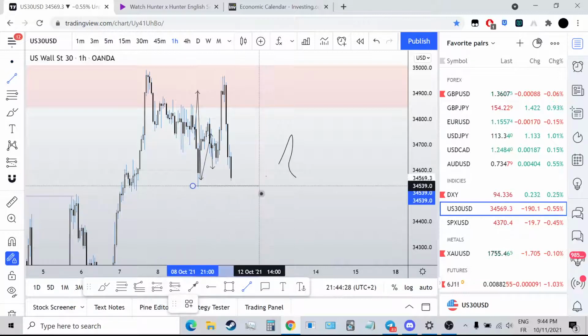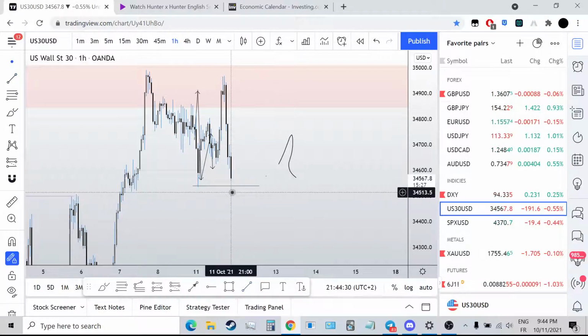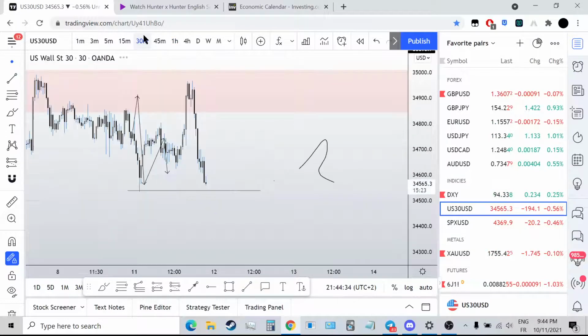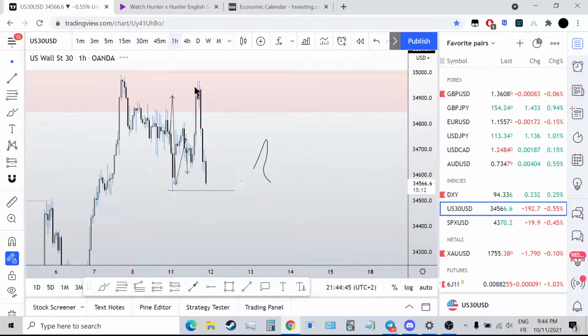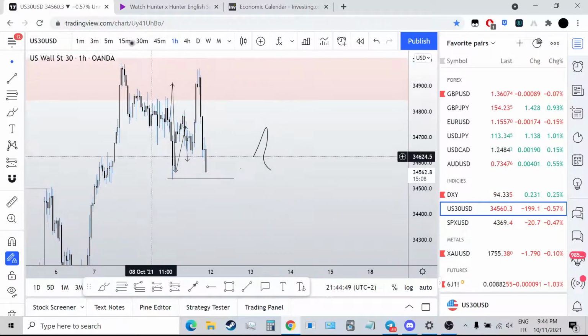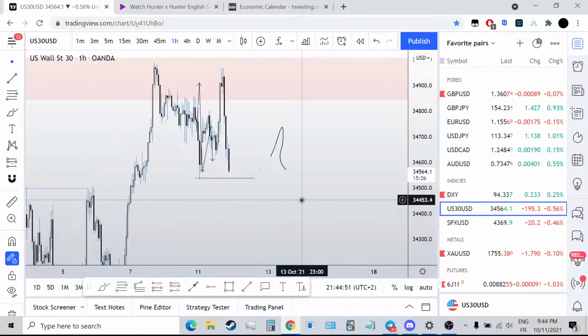Yeah, this would probably be a better structure break to wait on for the break and then come up into a discount. But you could count this as a structure break. If you're more of a patient trader, you'll wait for this break to be more clear on this hourly having a market structure shift, right? You know what I mean? So yeah, we'll see what happens.